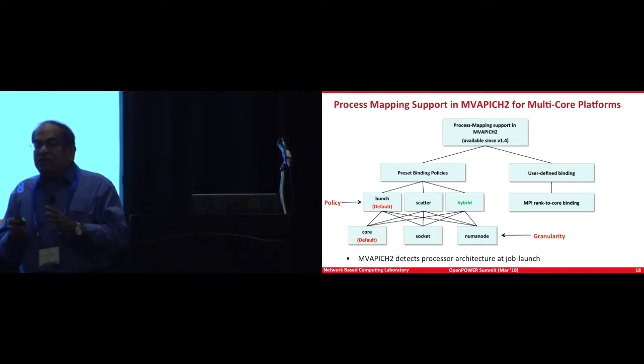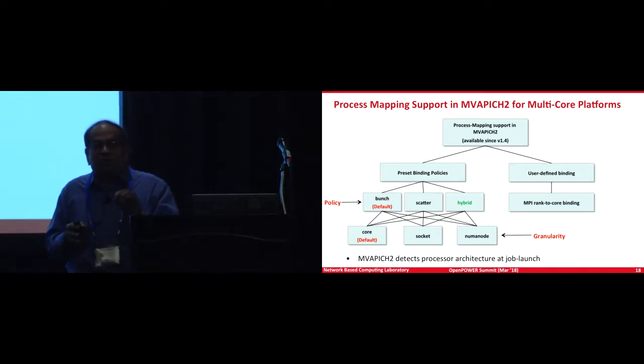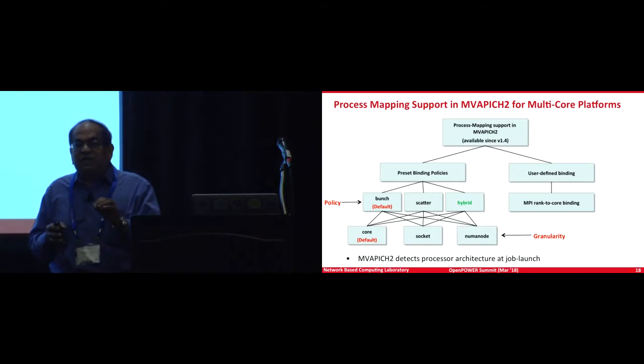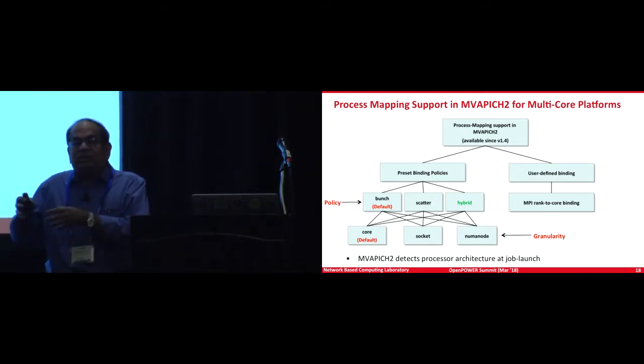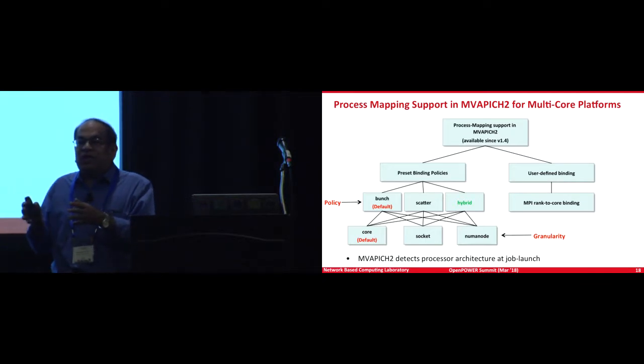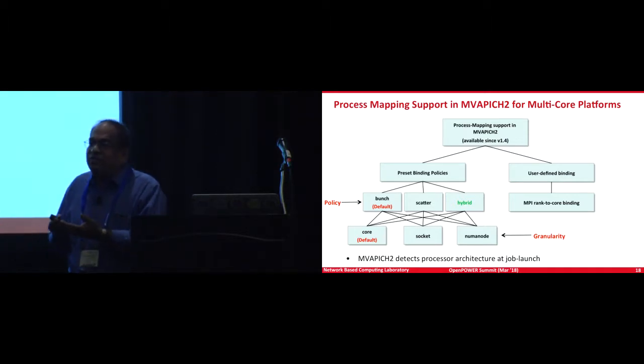Now, especially with multi-cores coming, if you are very familiar with MPI, you will see that not only do we have cores, we also have a lot of threads. So when you are trying to run a job, you need to make sure that you are allocating the cores and threads properly to your processes. Otherwise, you will see oversubscription and you may not get the best performance.